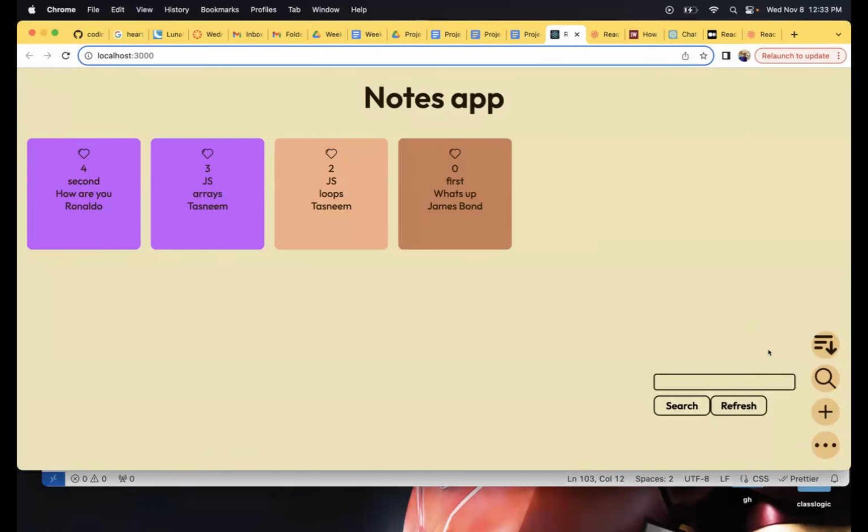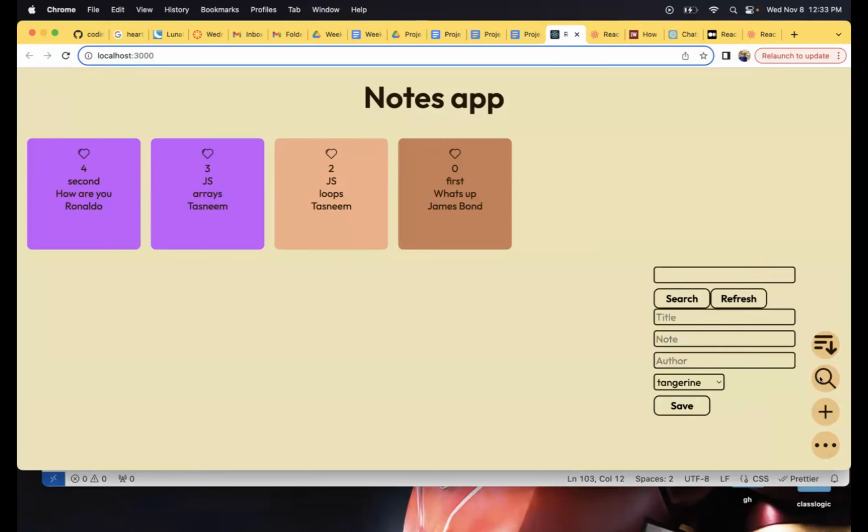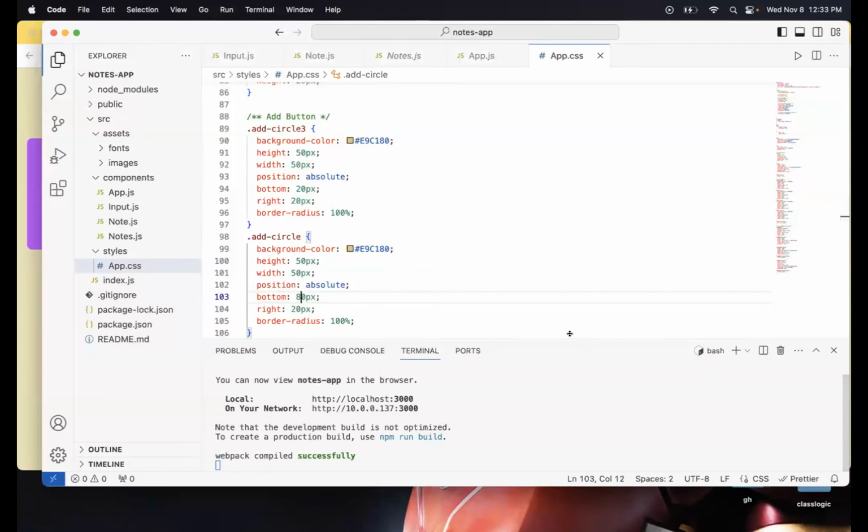So we have all the buttons I need over here. So now the idea is when I click on this, I want these to hide, and the same for this. So let me first add the functionality for the search.